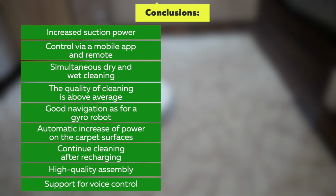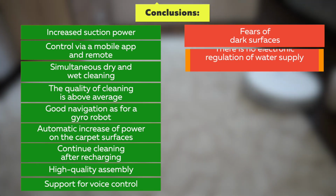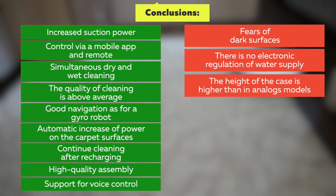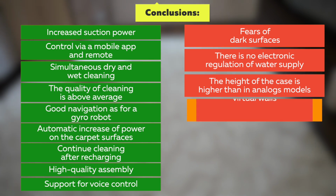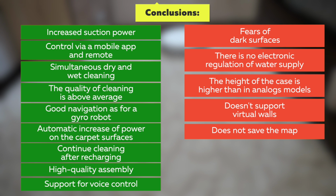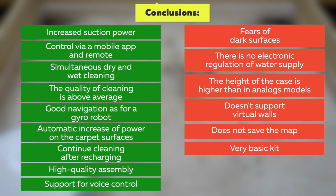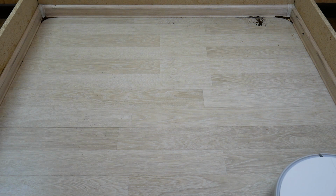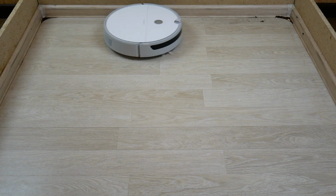Fears of dark surfaces. There is no electronic regulation of water supply. The case is higher than in analog models. Doesn't support virtual walls. Does not save the map, and accordingly there are no advanced features, such as zoning of the room and choosing a room for cleaning. Very basic kit. There are no critical comments for this device, and the advantages are more significant in my opinion,